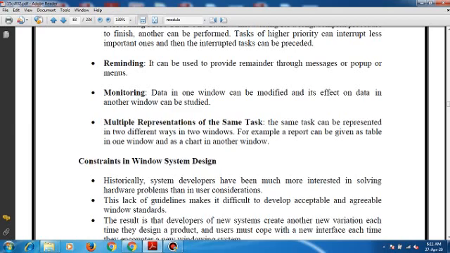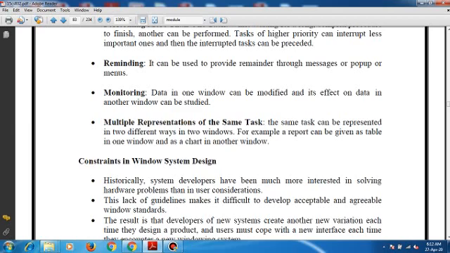When it comes to historical considerations, system developers have been much more interested in solving hardware problems than user considerations, because technical issues receive more attention, and there is very little research that addresses the design issues and their impact on the usability of the Windows system.